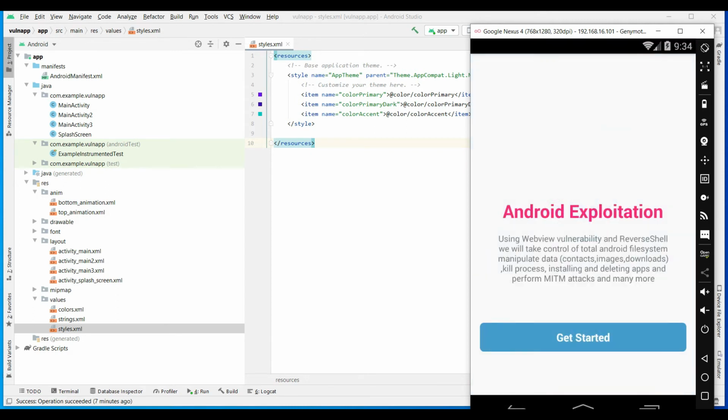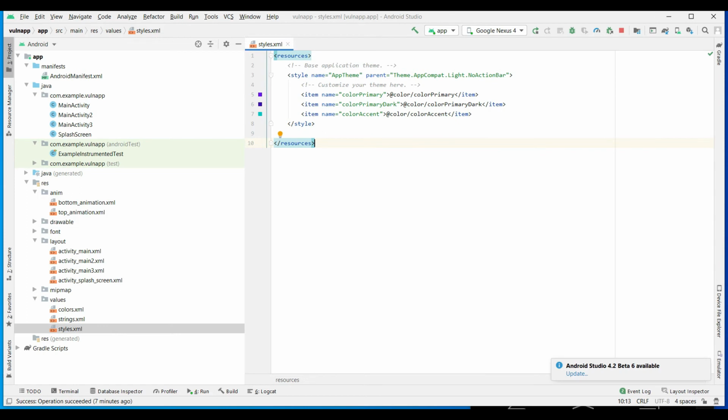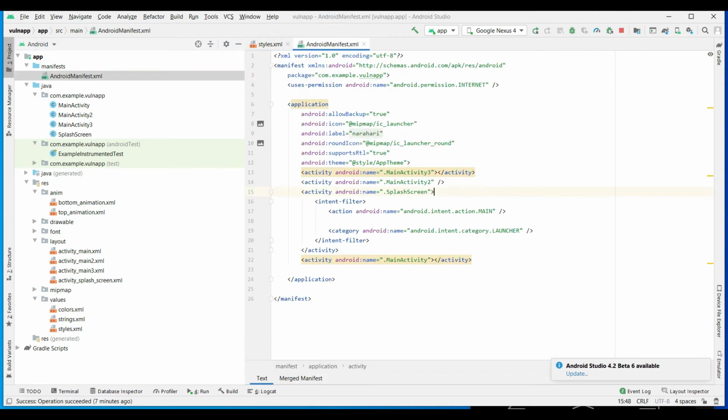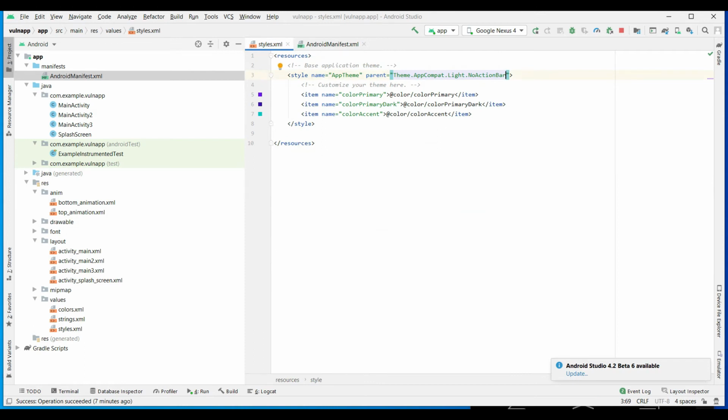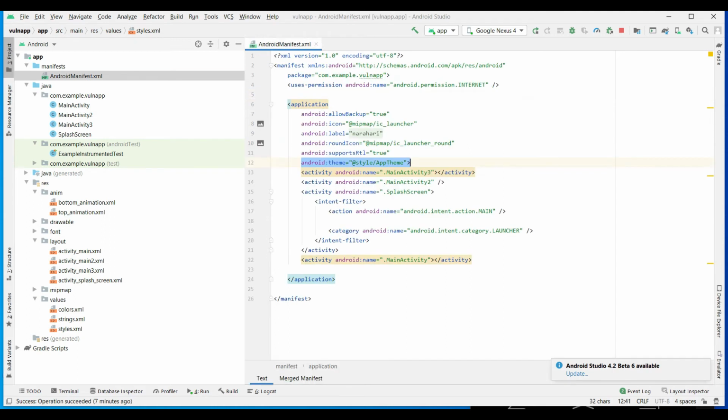The primary color declared here can be used by this theme. If you see inside the manifest file, you can see the theme. So whenever an application is launched, it directly loads this theme. In the themes, you declare what the primary color should be. These are the default colors for this application, that's what it means.